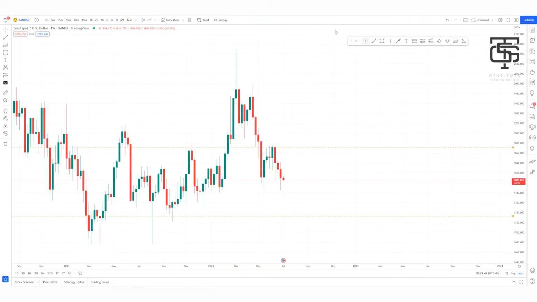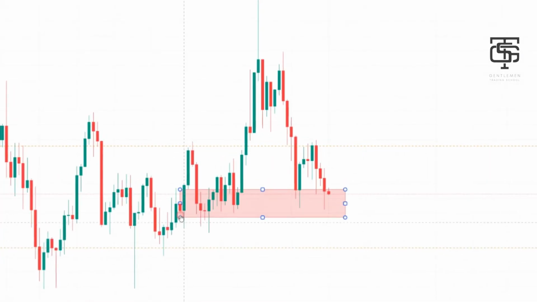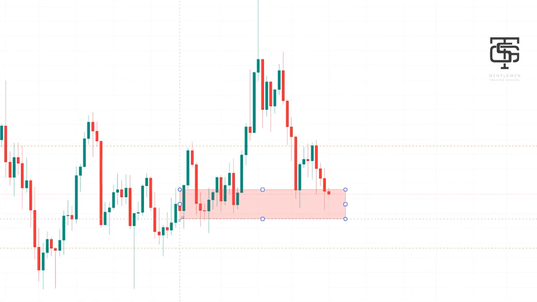Hey guys, so let's get into it. I would like to share with you guys how we are supposed to mark demand zones only from the weekly time frame. So let's start backtesting from these zones below, right? The first thing that we need to be looking at is obviously an engulfing buy from the weekly time frame. So over here we have found our first engulfing buy, it comes from this red and green candle over here,